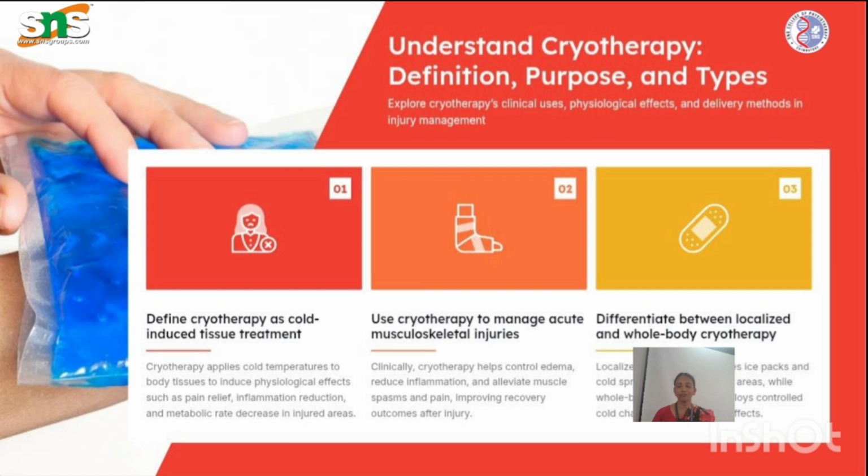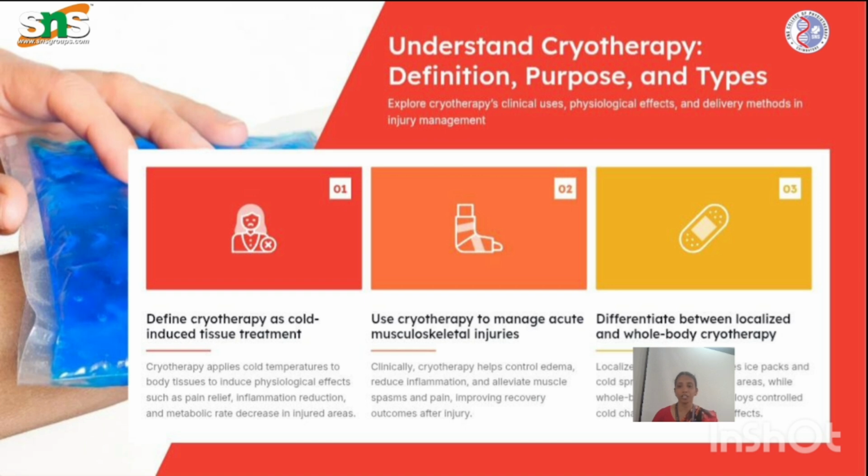To start with the definition, purpose, and types: cryotherapy applies cold temperature to body tissue to induce physiological effects such as pain relief, inflammation reduction, and metabolic rate decrease in injured areas. We use cryotherapy to manage acute musculoskeletal injuries clinically. It helps control edema, reduce inflammation, alleviate muscle spasm and pain, improving the